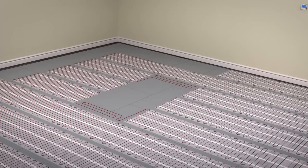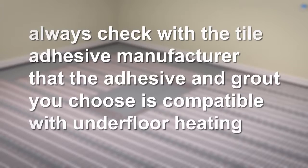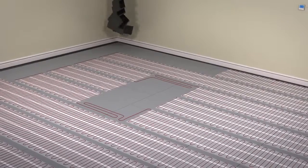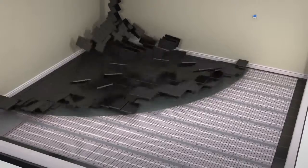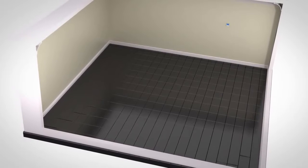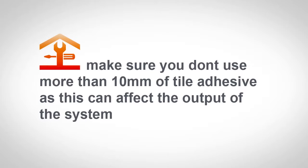Before you commence tiling, ensure the heating mat and heating wires are taped securely to the floor. Always check with the tile adhesive manufacturer that the adhesive and grout you choose is compatible with underfloor heating. The tiles can then be installed as normal, according to the manufacturer's guidelines. Take extra care not to damage, cut or displace the heating mat or heating wires with your trowel. Make sure there are no air gaps or hollow voids underneath the tiles, as this can cause the cables to overheat. Make sure you don't use more than 10 mm of tile adhesive, as this can affect the output of